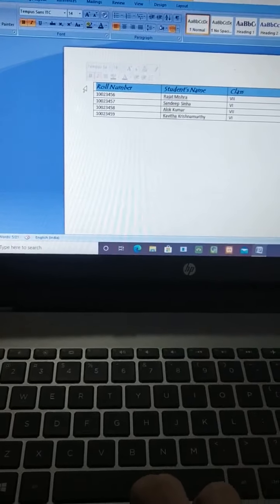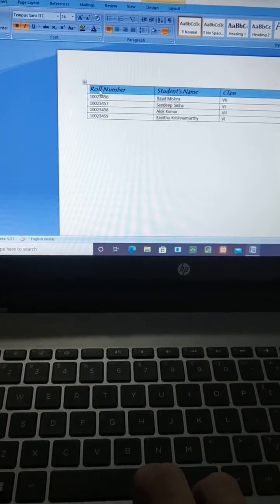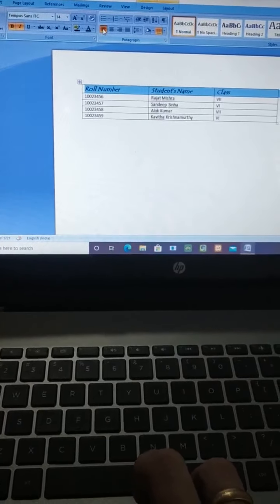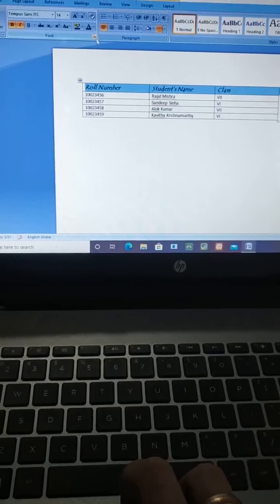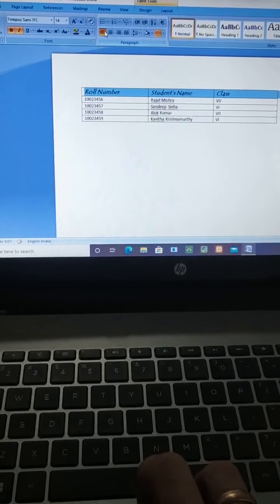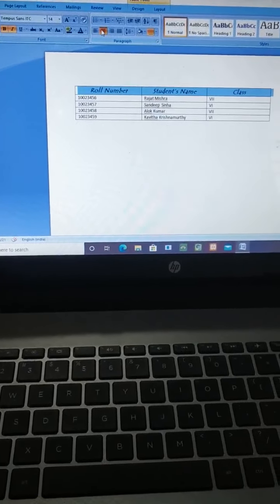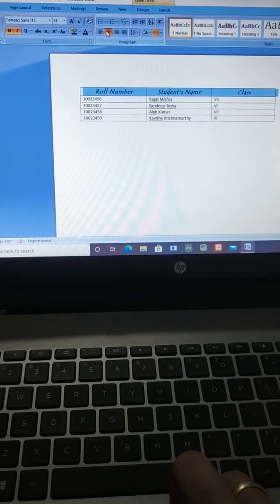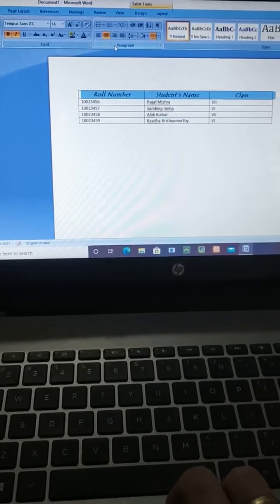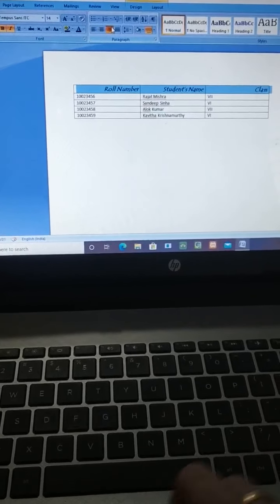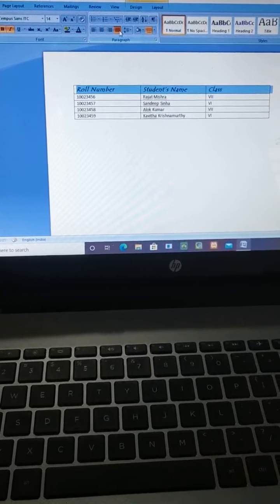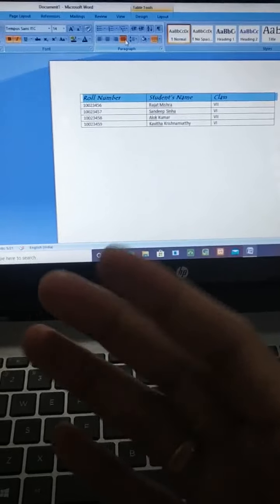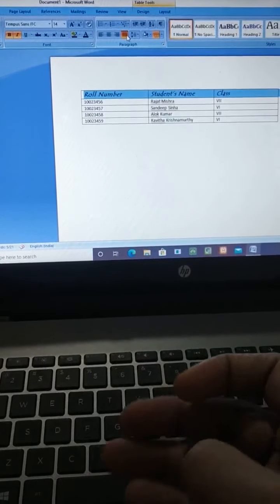So to align the text, first select the row which you want to align, and then this is already aligned in left alignment. If we are selecting center, look, it will appear in the center position. If we are selecting right, it will appear in the right side. And if we are selecting justify, it will appear justified. Justify is actually used for a paragraph.